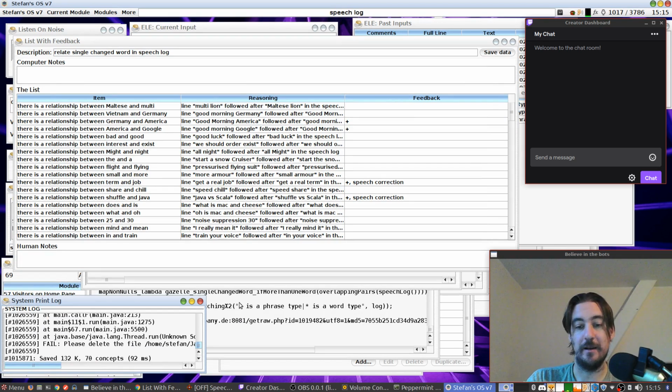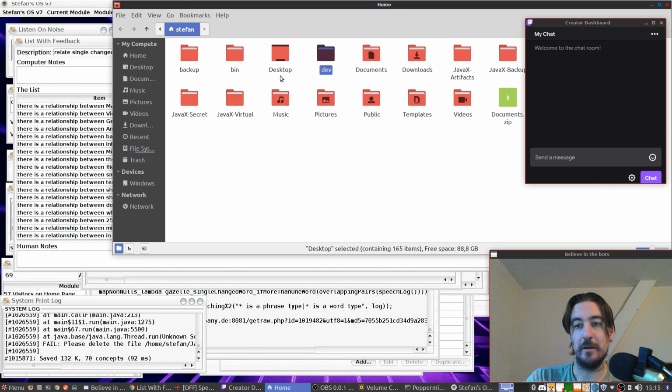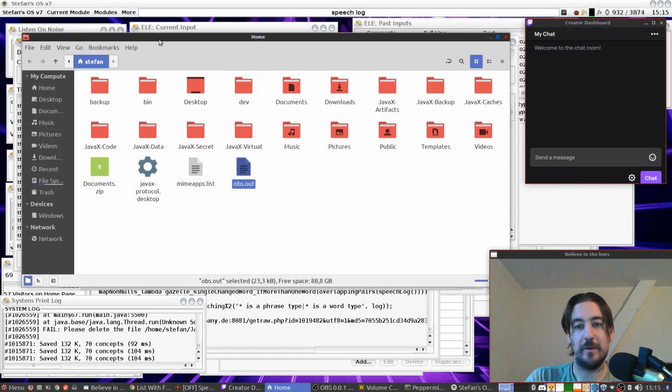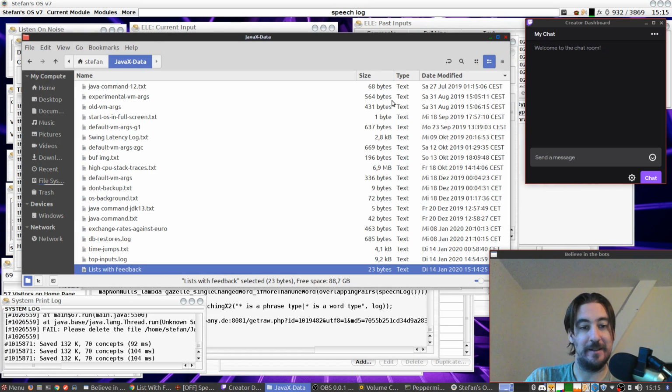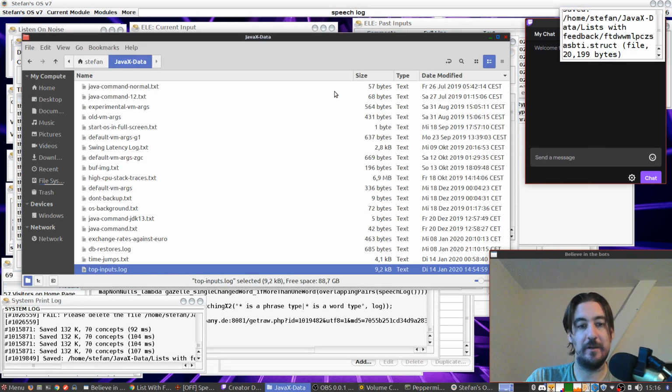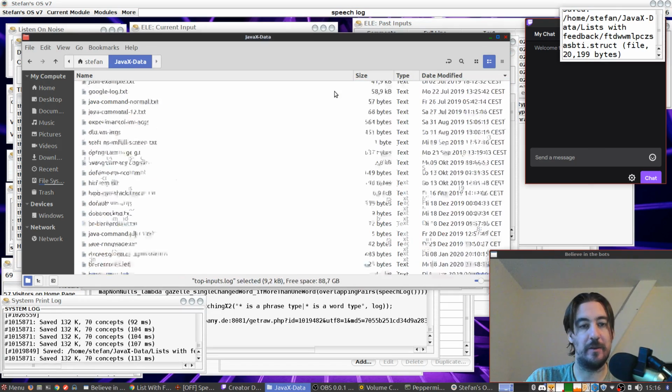Ah, yeah, okay. Just a tiny little bug. We basically shot ourselves in the foot with this wrong save we just did. Because we made a file and now we need a directory by the same name. Whatever, just a one-time bug. Save data. Okay, now we saved 20 kilobytes, which looks a lot better.